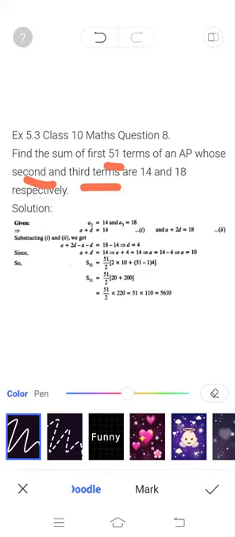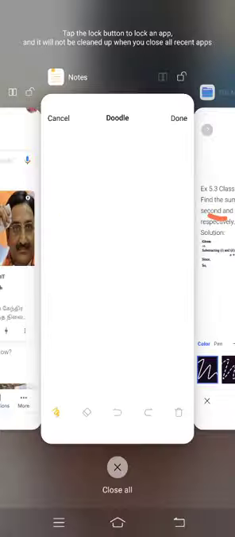So with the help of A2 and A3, you can use the elimination method and find the A value. After finding the A value, find S51. The N value is 51 and you will get the A value and D value by the elimination method. Apply that and you can easily find S51. So let me find the A value and D value using notepad, and you find S51. Okay. Now